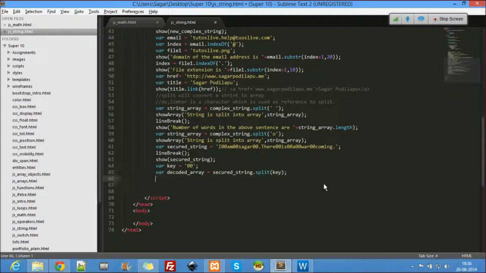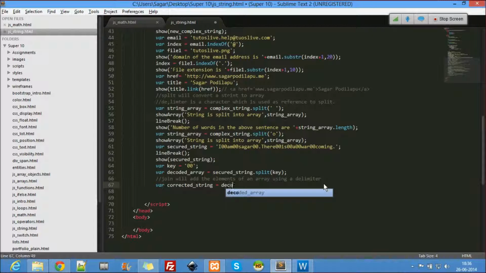So how do I construct this back? It's plain and simple. The reverse of split is join. Join will add the elements of an array using a delimiter. Now let's see. Var corrected string equal to decoded array dot join with a space. Join with a space.